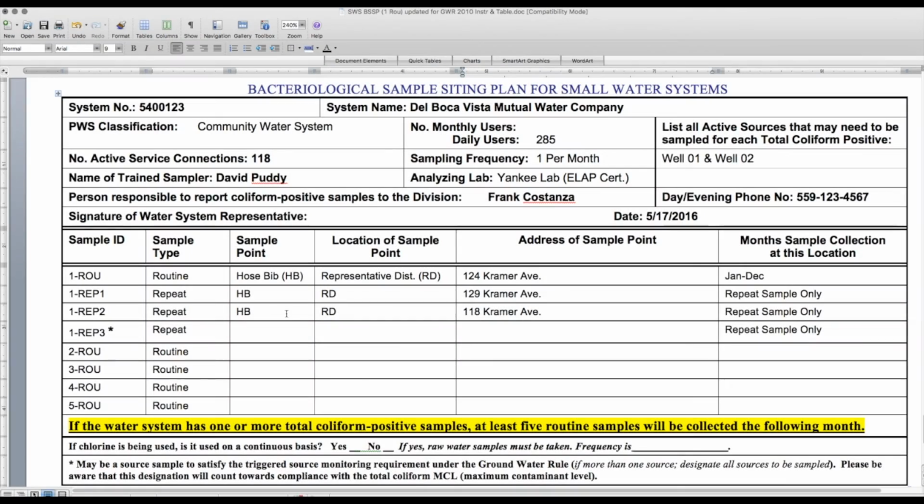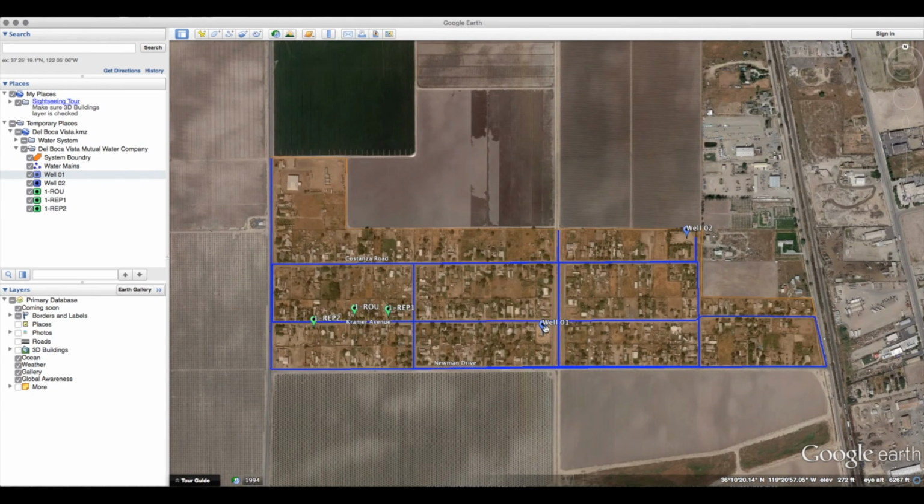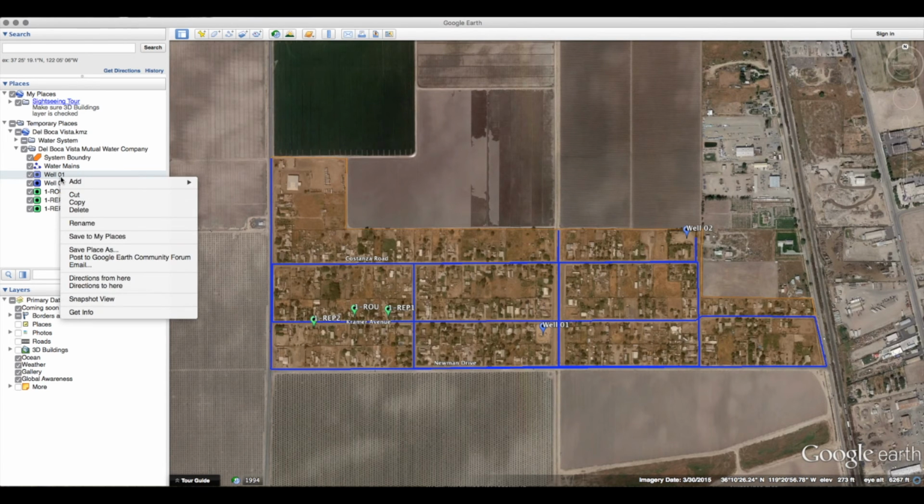Now we need to identify our 1 REP3 sample points. In this case, they will not be from the distribution system. To comply with the Groundwater Rule, we are selecting to sample our sources, well 1 and 2, as our repeat sample points. To identify the sources as our 1 REP3 sample points on the map, we are going to right-click the